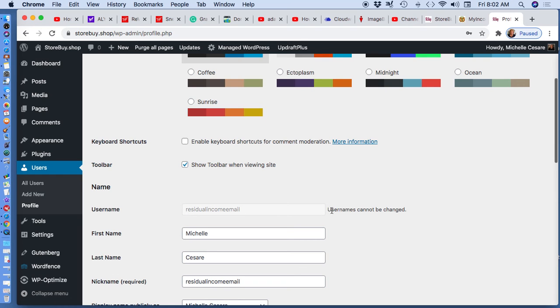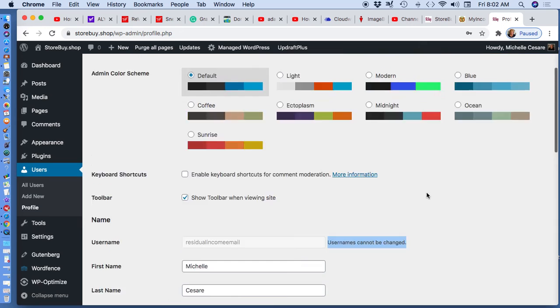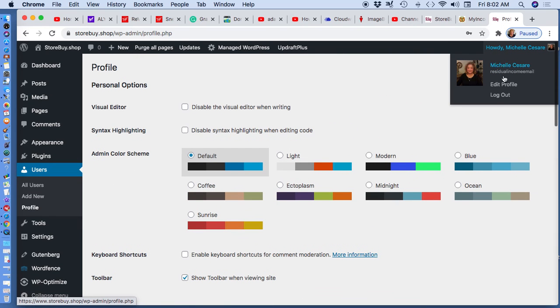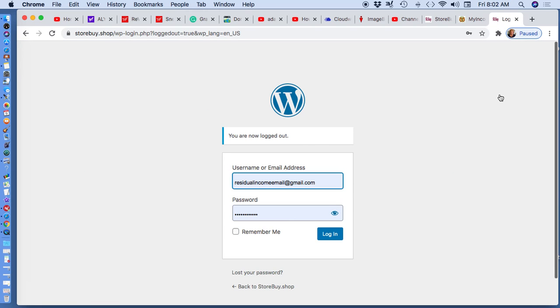And you cannot change your username. I don't care what my new username is. I just use it to sign in. And I like the fact that I learned that I have 2 different passwords to sign in to 2 different accounts. Okay, I'm going to go back here. I'm going to log out. Now I'm going to sign into my WordPress